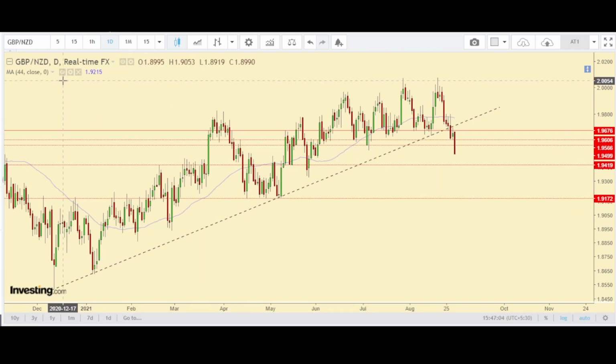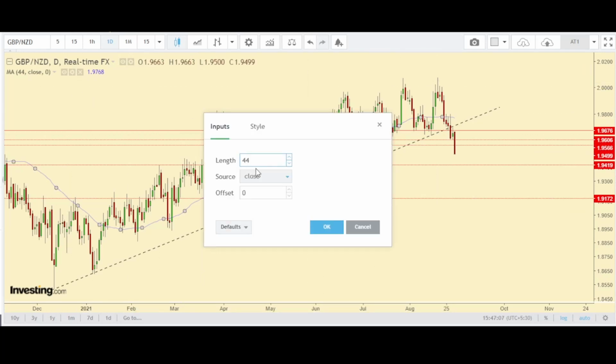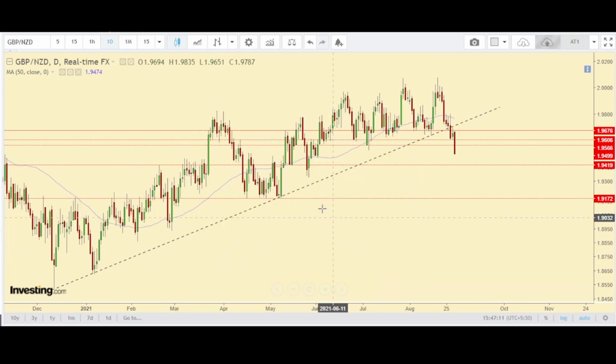The one moving average that you are looking at is 44 period moving average. I will make it 50 period moving average on daily time frame. It is a simple moving average. Currently price is trading below the moving average. Currently price is trading below the trend line, that is rising trend line. So ultimately the price that we are looking at is trading in a downtrend. Actually it just started trading in a downtrend, and we may see a lot of downside in coming days.